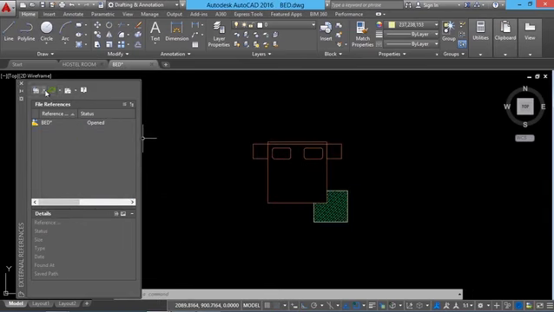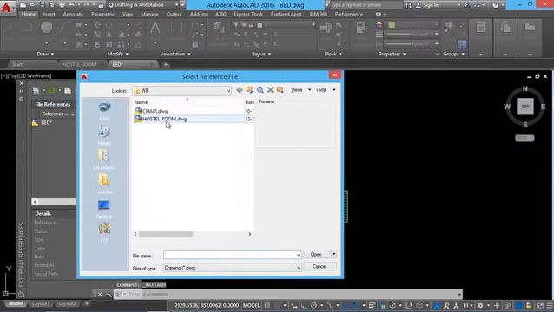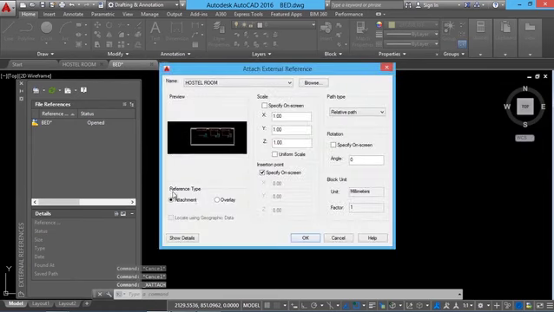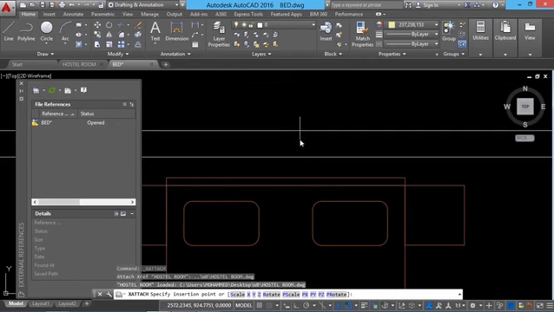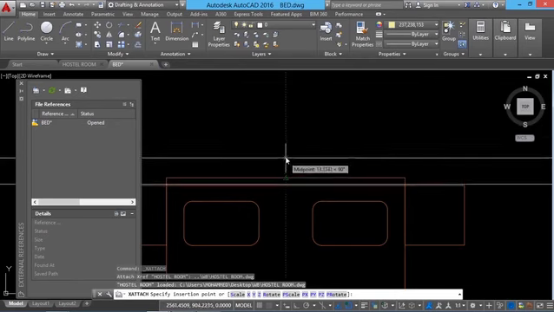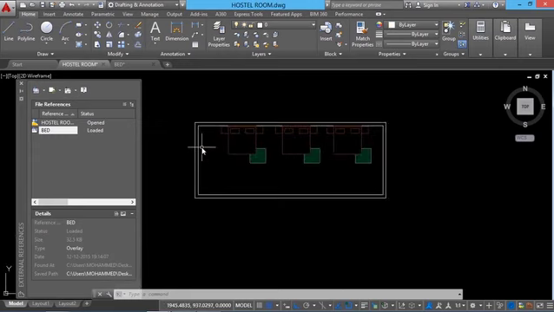Next, you go for one more Xref. I'll go to attach DWG and you select the hostel room file and select reference type to attachment and give OK. Now you attach it in a convenient location. Let it be this point. Now any changes performed in the hostel room file will get reflected in the bed file. So let us stretch it